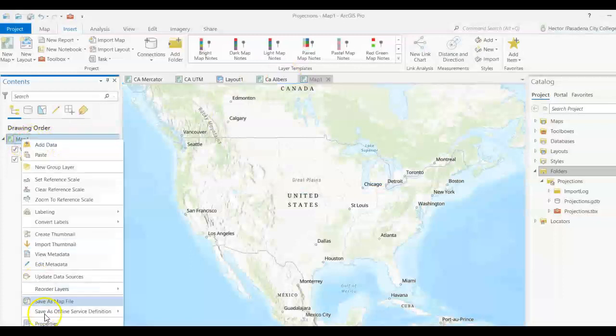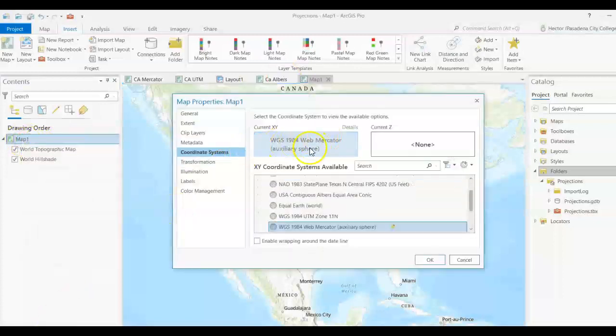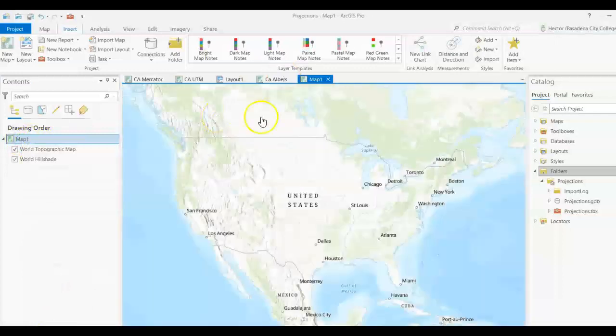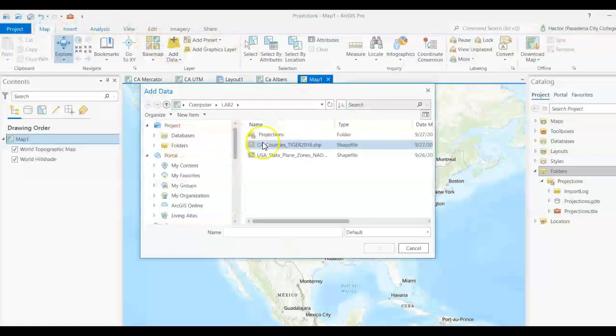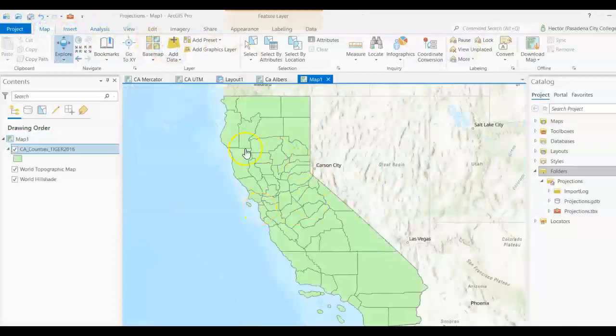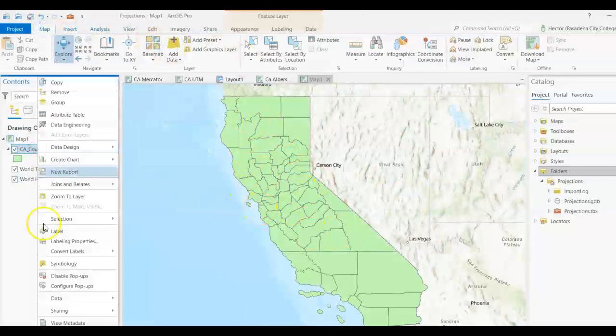And so this one does not have any data, right? And so the default is the Web Mercator. But let's add that California shapefile again that we have been working with. And remember that this California shapefile,